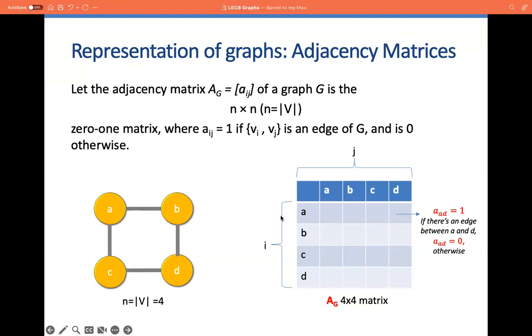And it's a 0-1 matrix, meaning the elements of this matrix are only 0 and 1. The A sub ij, the i and j represent the vertices. So we specify it as 1 if there is an edge between i and j. In this example, let's say we have this cell. This cell is represented by A sub AD. So i is equal to A and j is equal to D. This means that if there is an edge between A and D, we set its value as 1